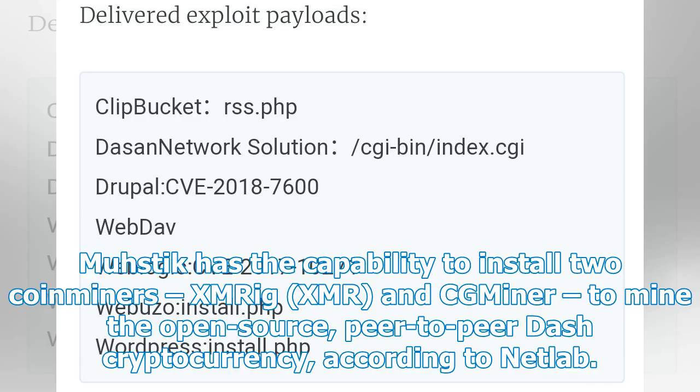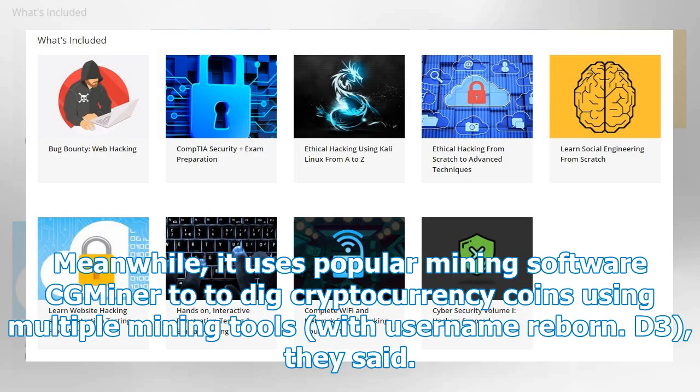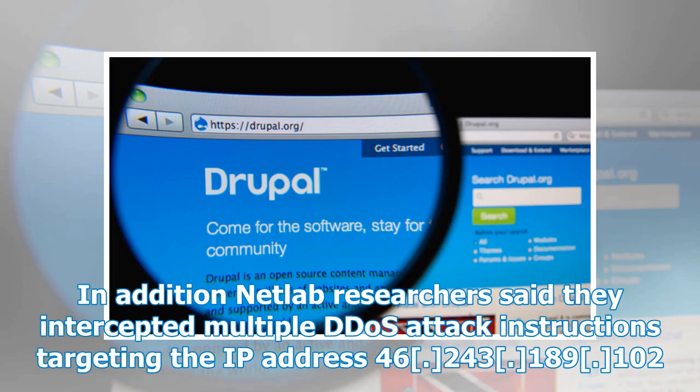Muhstik has the capability to install 2 coin miners, XMRig and CG Miner, to mine the open-source, peer-to-peer cryptocurrency XMR, according to NetLab. Researchers say the botnet uses the open-source XMRig utility to mine cryptocurrency with a self-built mining pool, 47.135.208.145:4871. Meanwhile, it uses popular mining software CG Miner to dig cryptocurrency coins using multiple mining tools, with username ReBornD3, they said. In addition, NetLab researchers said they intercepted multiple DDoS attack instructions targeting the IP address